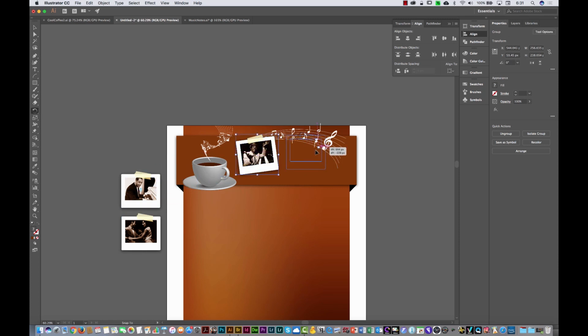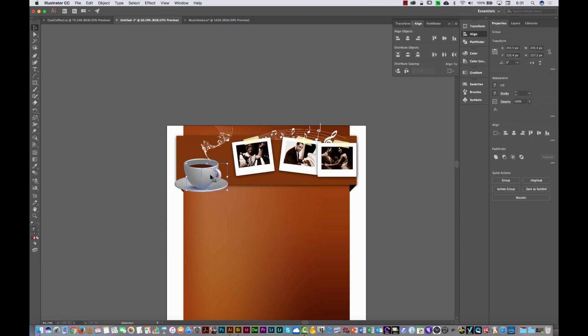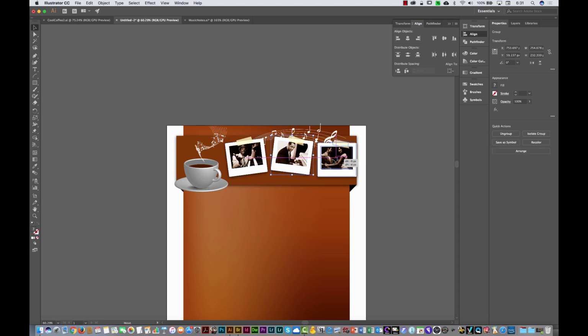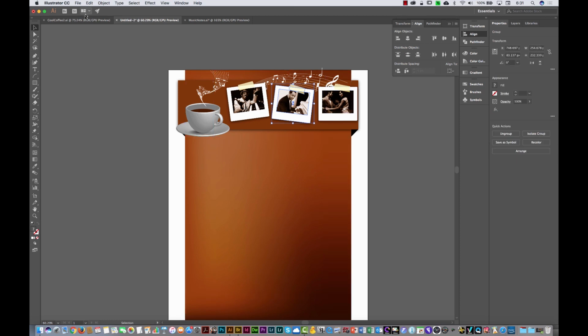I'm gonna put the next one like this, maybe a little overlap. I can also, and the last one. Can you see that is the idea of what you can do? Maybe a little more to the left. The coffee cup, okay, and etc. You see that is the a little more complicated part, okay, because if you see the rest,